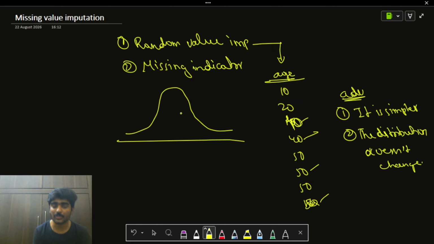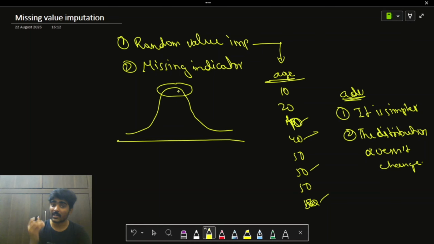So let's say this is the distribution before the random value imputation. This region indicates where the most occurring values lie. So the numbers here are nothing but the most occurred values. What I will be doing is running the random generator to generate some random numbers.